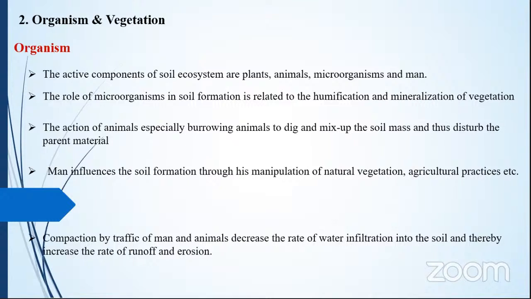The traffic of man and animals decreases the rate of water infiltration in the soil, thereby increasing the rate of runoff. Due to our man-made situations, the infiltration rate will be reduced, and that leads to runoff. Due to this runoff, you can see some erosion. That's why wherever there is human intervention, there will be